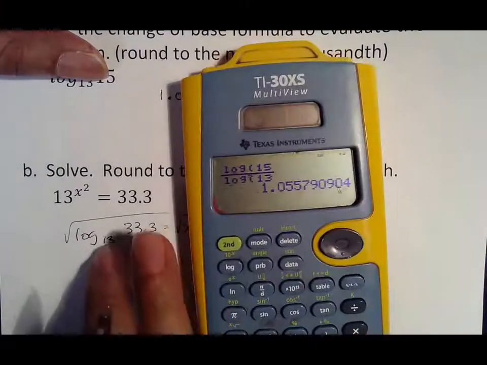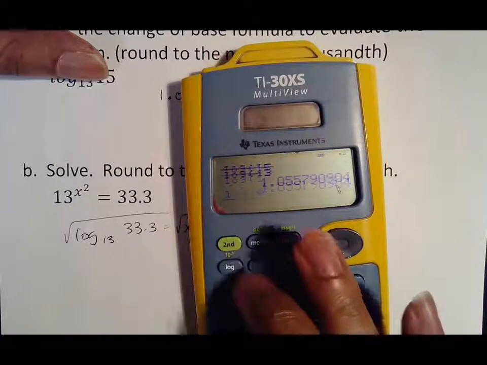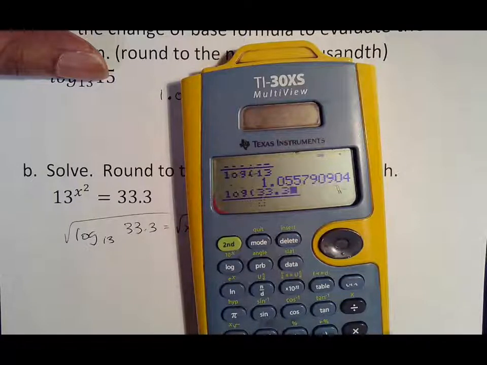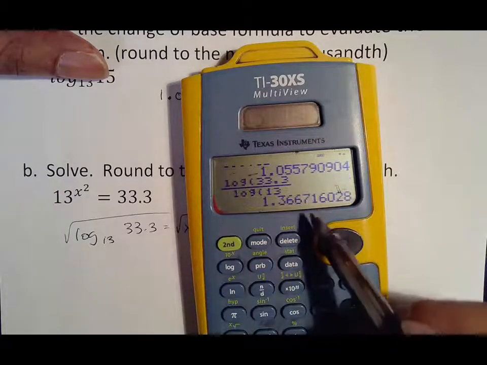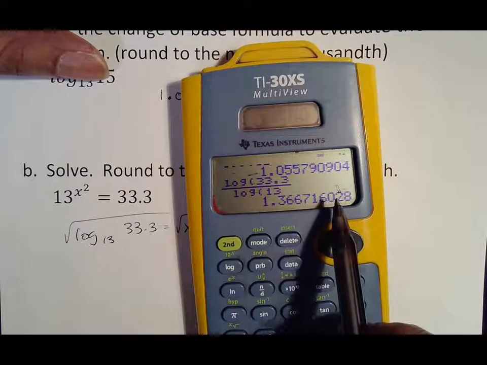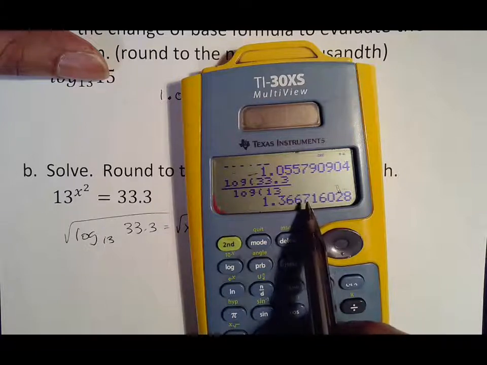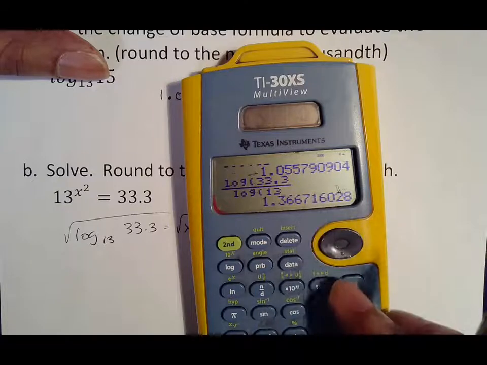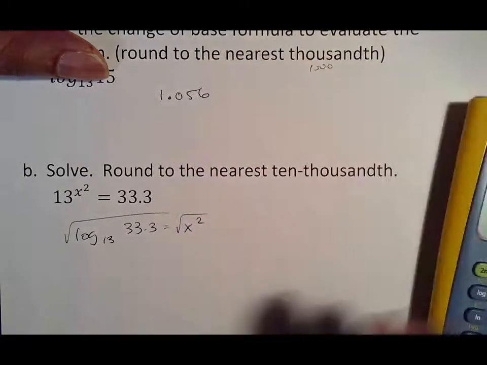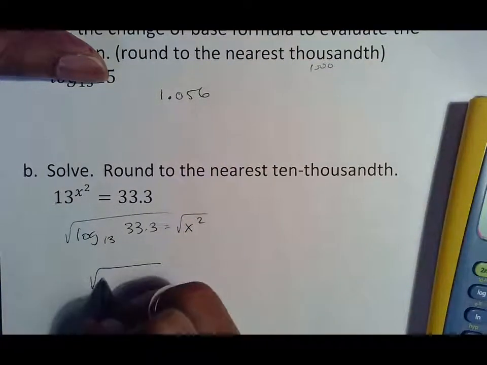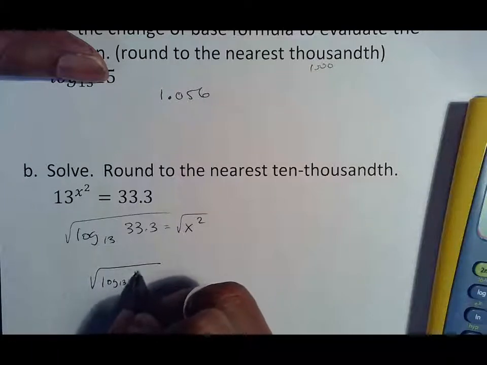What I'm saying is, if I were to convert this first to be log 33.3 over log 13, if I round that one, I'm already losing precision. Again, every time you round, you're cutting off a billion numbers, which changes the actual final answer. So I'm not going to round yet. I'm actually going to just go ahead and do this part as square root of this